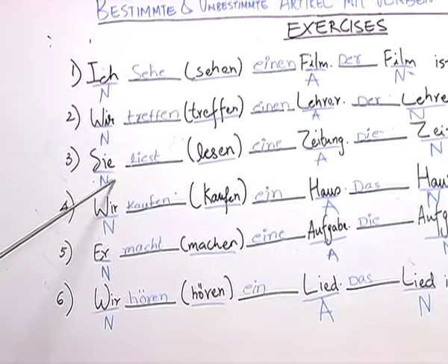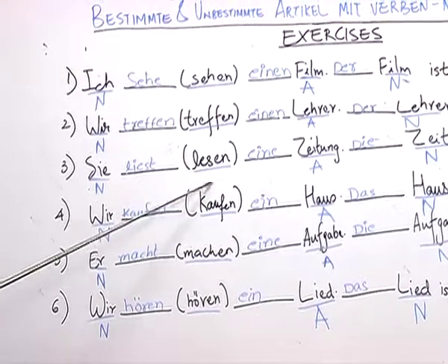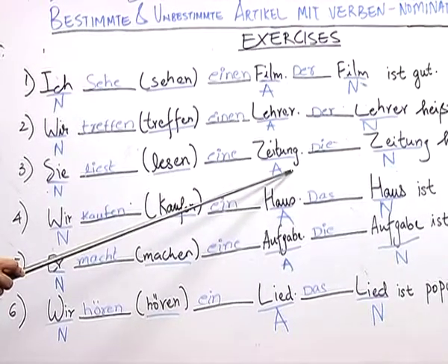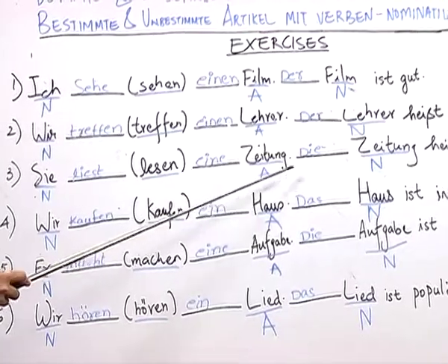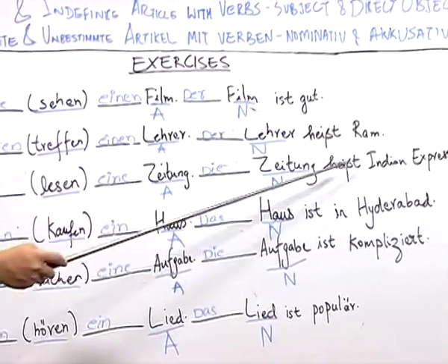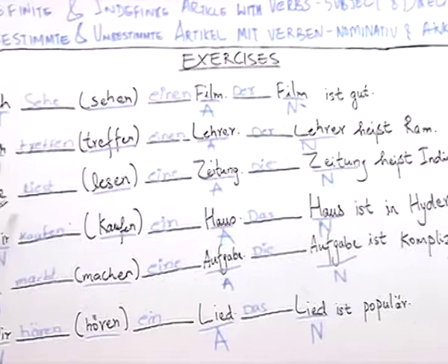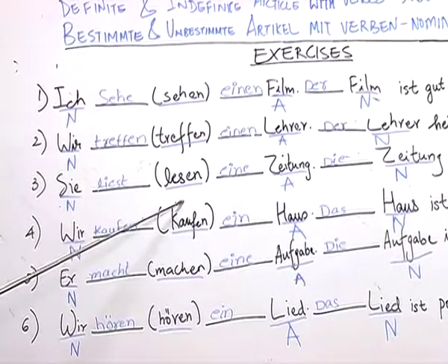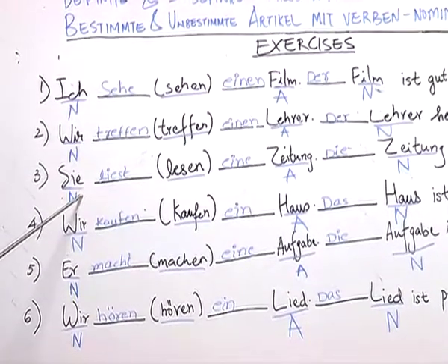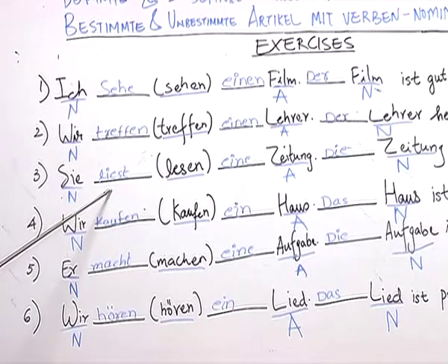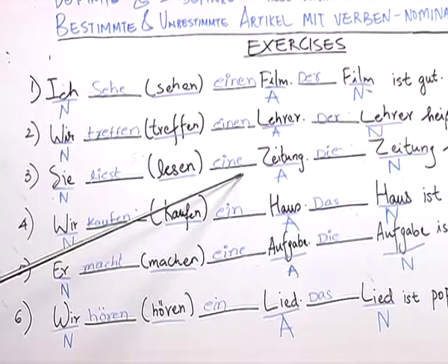Look at sentence number 3. Sie liest eine Zeitung. Zeitung means a newspaper. The Zeitung heißt Indian Express. Here, our student conjugated the verb lesen according to the third person singular category, liest, and wrote the correct form